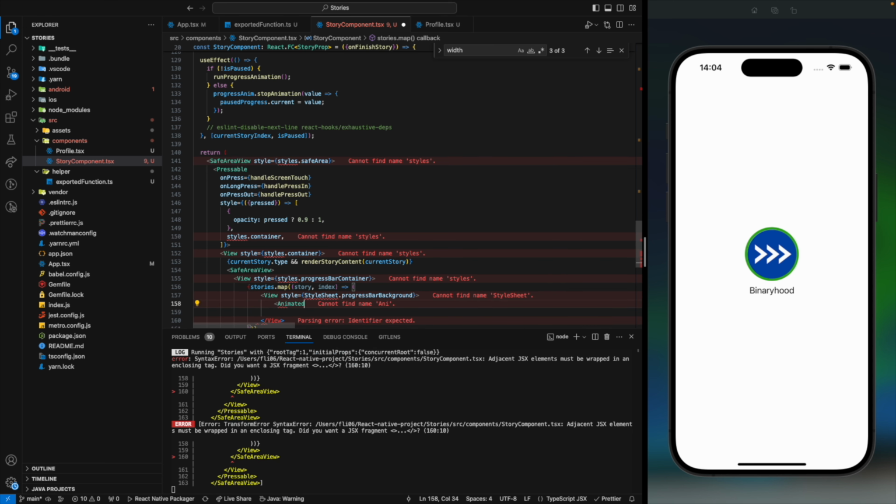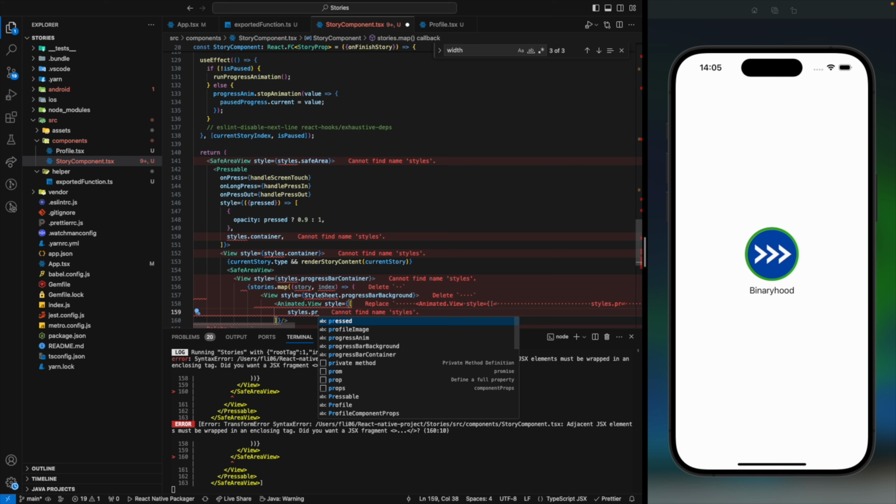Animated dot view, and you want to close this. This is a self-closing tag, I believe, which you want to now pass in the style, so to that view, and you want to now give an array to this. You want to say styles dot progress bar that we're going to get,